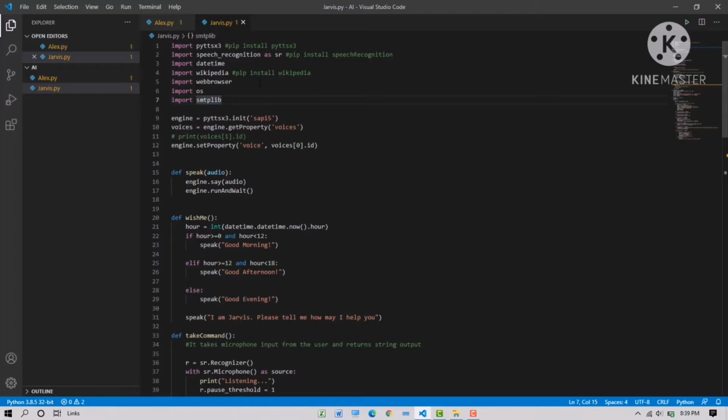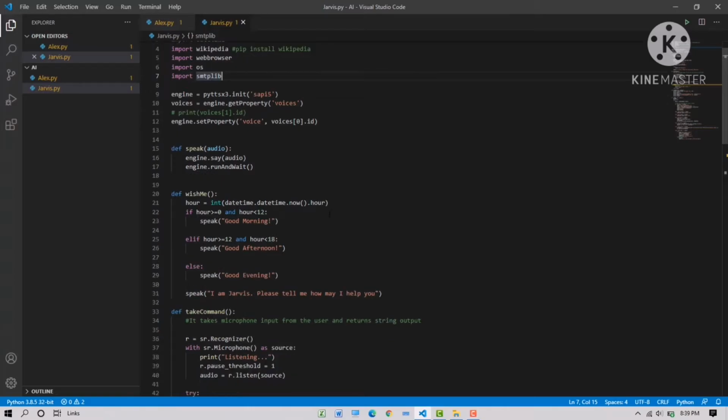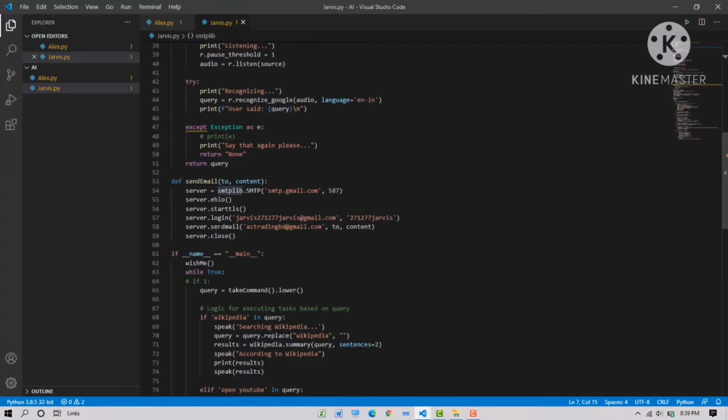If you need to send email, you can say it's a private browser. When you tell Jarvis to send email, it will open the SMTP lib. It's Python's own, and there you have to give your email and password, your Gmail account, below here. Alright,